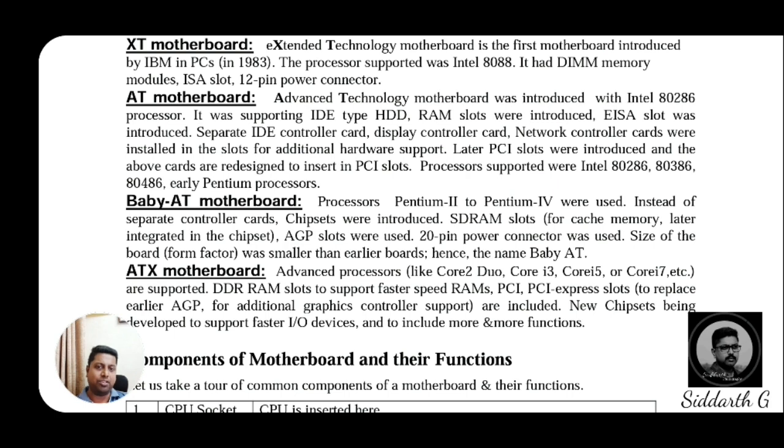This is a continuity class for the previous class, where we discussed the typical configuration of a computer system. In the previous class we discussed the block diagram of the computer and its four important components: the input unit, CPU unit, memory unit, and output unit, and how these units perform through some devices. After that we came to the motherboard, how motherboard characteristics are classified based on criteria, what the north bridge and south bridge are, and their main functionalities. All these basic concepts we discussed in the previous class.